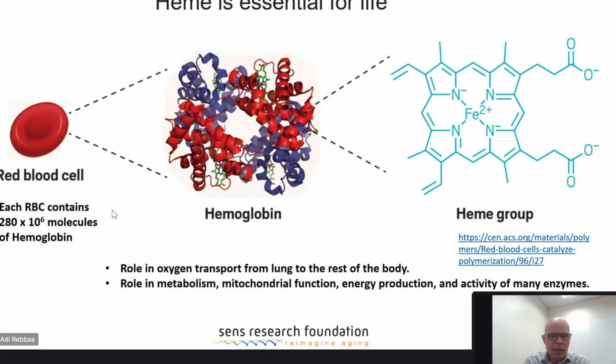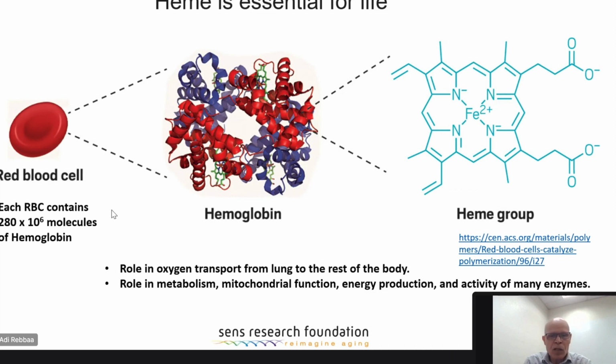As you know, heme is a molecule that is very important for life, for breathing. It is associated with hemoglobin, which is found in red blood cells. And hemoglobin and heme, of course, play a key role in oxygen transport from the lung to the rest of the body, and it plays a role in many areas of metabolism, mitochondrial function, energy production, and many enzymes that